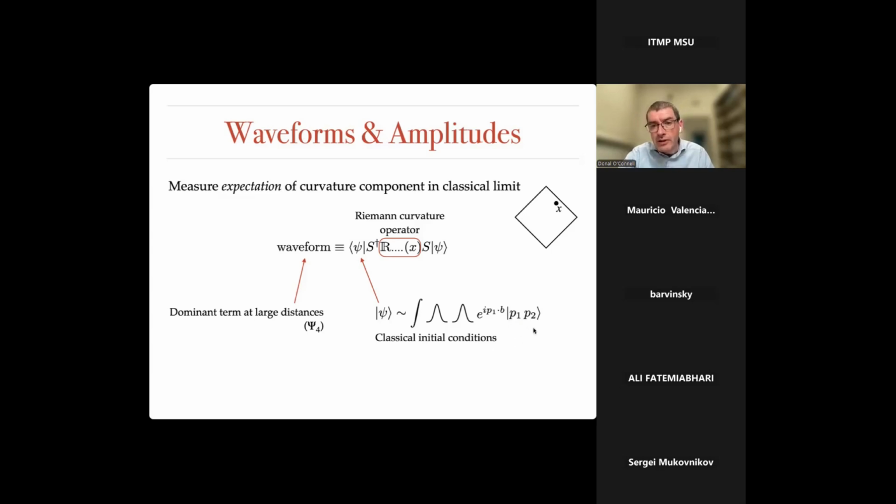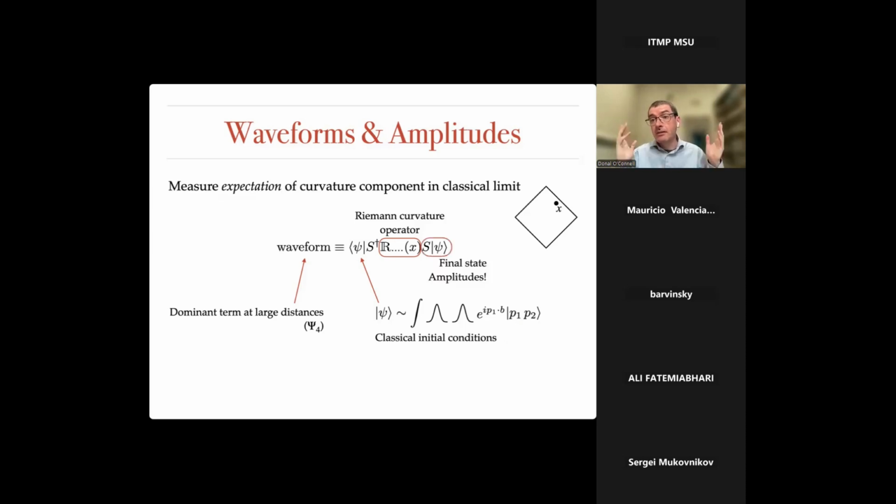Similarly, if you Fourier transform this wave packet, there will be some uncertainty in momentum space, of order h bar over L. If that uncertainty in momentum space is small compared to, say, the classical mass of the particle, and again I expand in that uncertainty over mass and throw away the uncertainty terms, then I will have removed all of the quantum uncertainty from my problem. So this is in the spirit of effective field theory. I'm always doing some sort of expansion and neglecting quantities suppressed by some dimensionless variables. So that's the way we organize a classical initial condition.